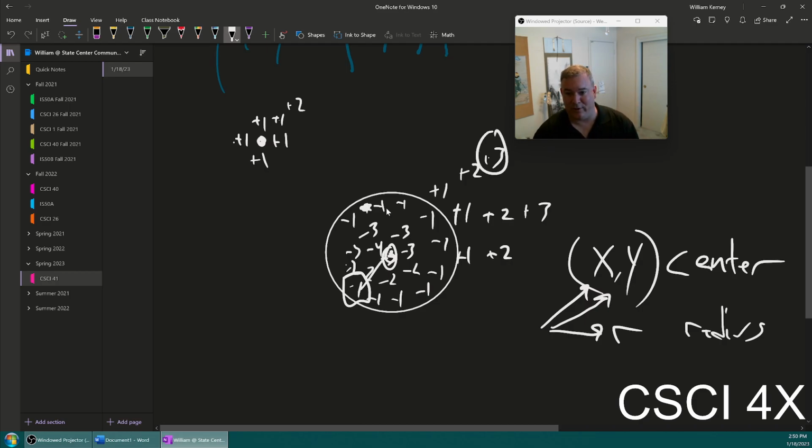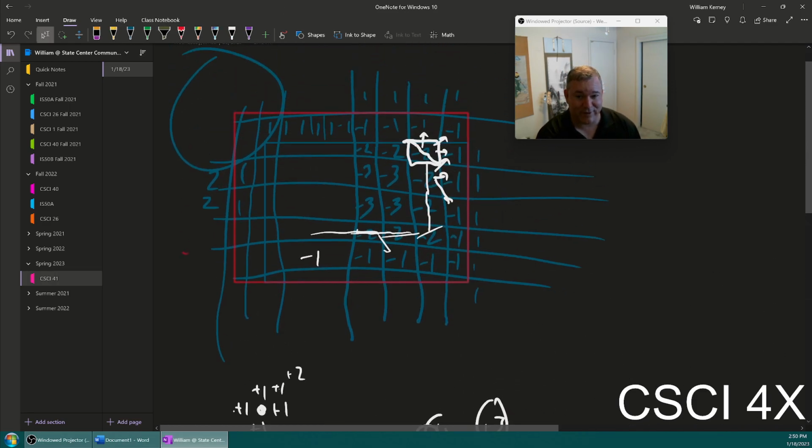Like if we're at this point over here and we're 6 away, and the radius here is 3, then 6 minus 3 is 3, and we write down a 3 there. It's that easy. Circles are too easy. Rectangles, though, take a little bit more brain power to think about. So how do we represent a